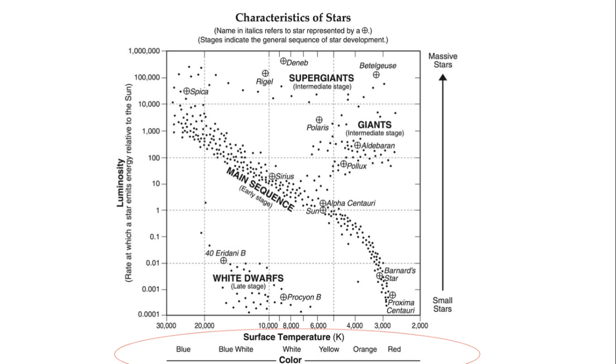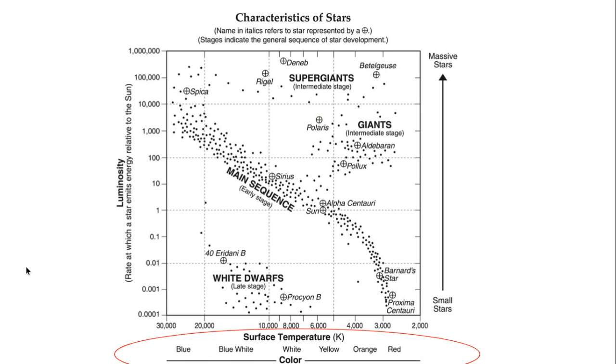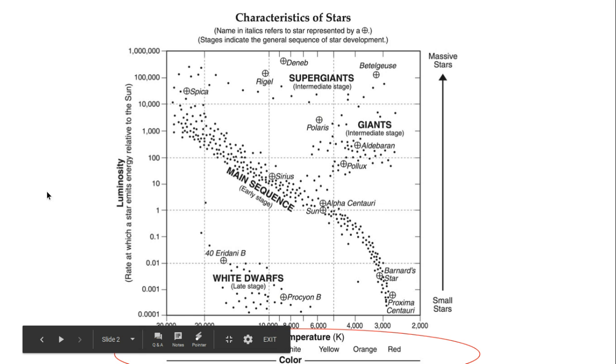Now we're going to focus here on the x-axis. You see two characteristics down here. You see surface temperature and color. And again, these two are highly related. So all the very, very cool stars down here at about 2,000 to 3,000 degrees Kelvin are all red. Then when you move up to about 4,000 to 5,000 degrees Kelvin, they're all orange, and so on and so forth. So the hotter the star is, the more it's going to depend on the color. And the blue stars are going to be the very, very hottest, sitting here at about 20,000 to 30,000 degrees